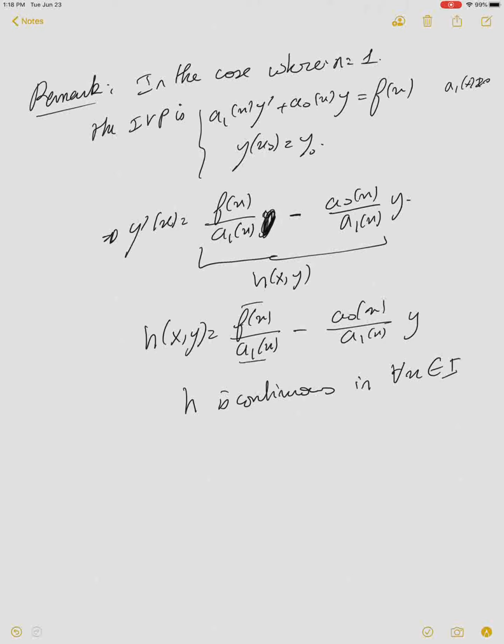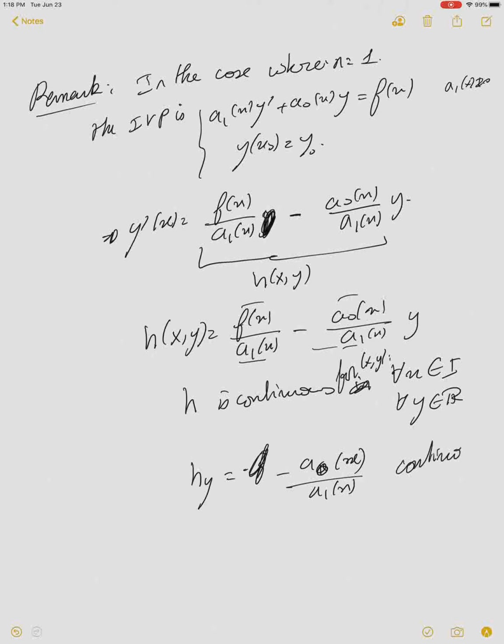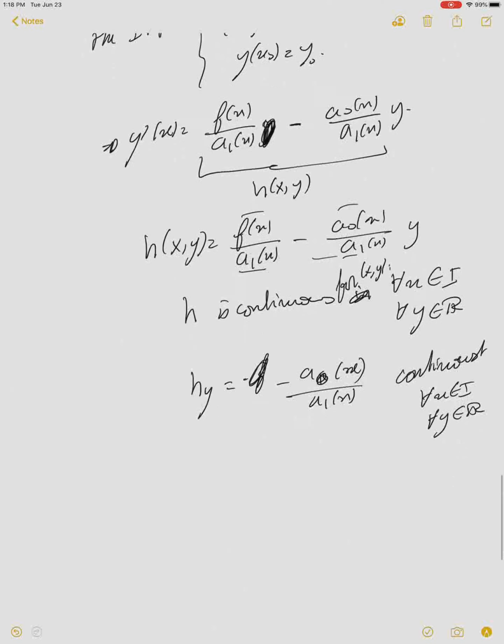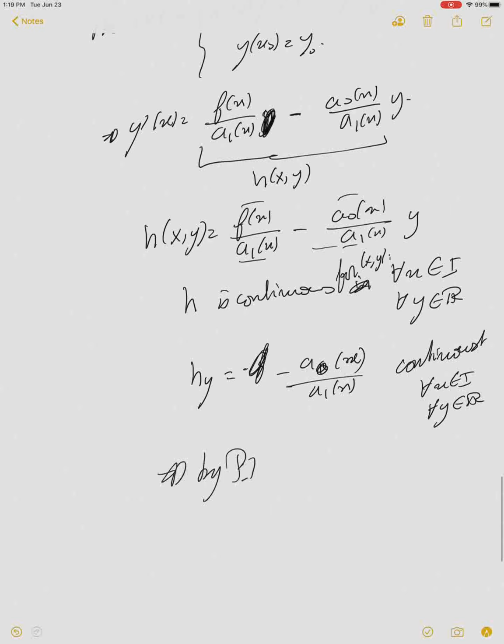Why? Because a1 is different than 0, f is continuous, a0 is continuous, and a1 is continuous, and for all y belongs to R. Remember, h is continuous for (x,y) such that x is in the interval I and y is in R. What about h sub y? h sub y is equal, differentiating with respect to y, to minus a0(x) over a1(x), and this is continuous for all x in I and for all y belongs to R. So this implies that by Picard theorem,